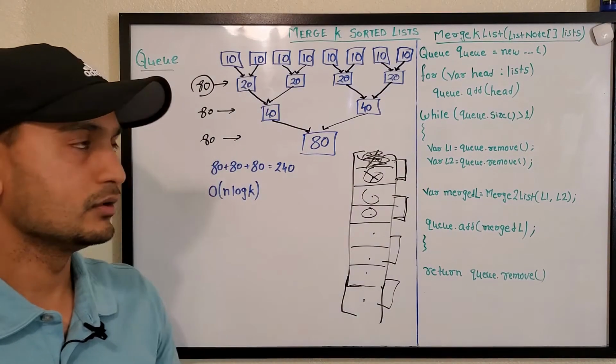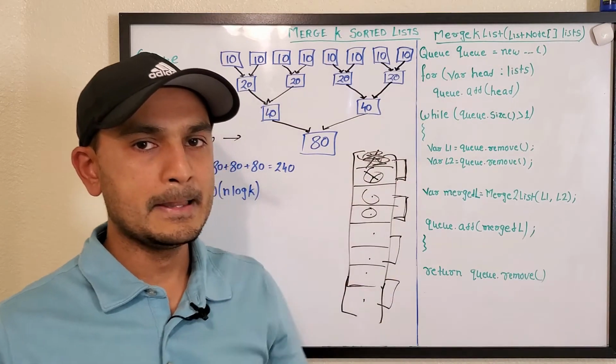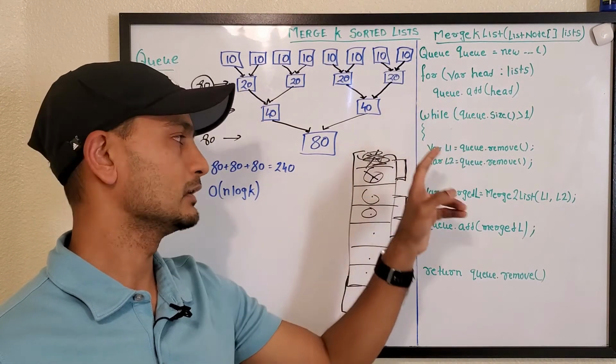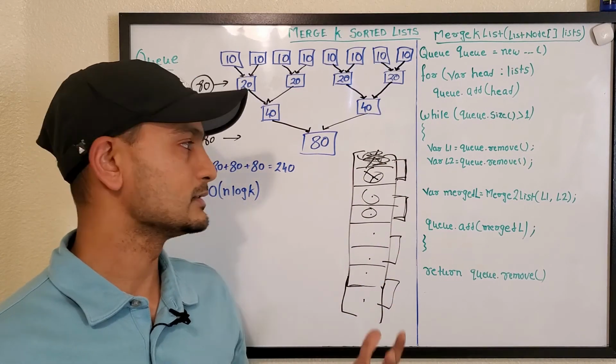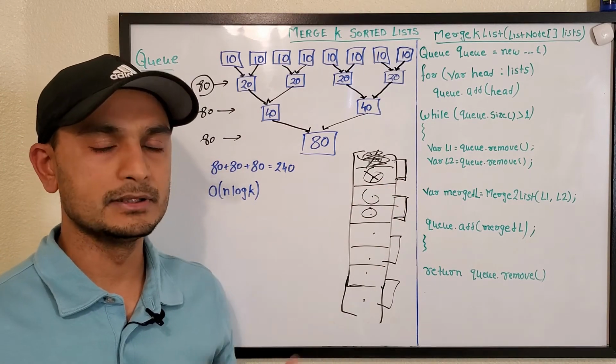So it's not necessary to use a queue. You can implement the same approach using the input array itself. I just feel it's a little bit easier to implement it, so that you don't have to do the math of calculating the index and everything. But you guys decide, you guys be the judge. Whichever approach you like, implement that.